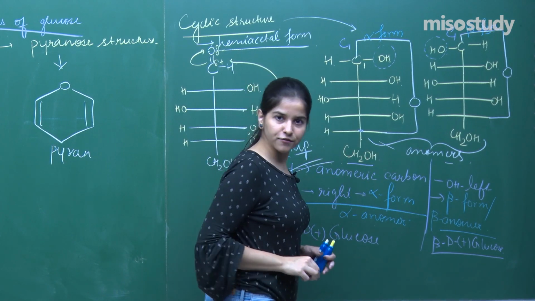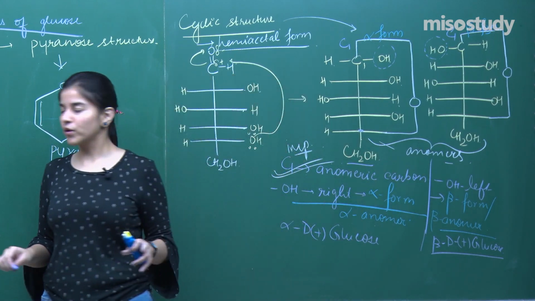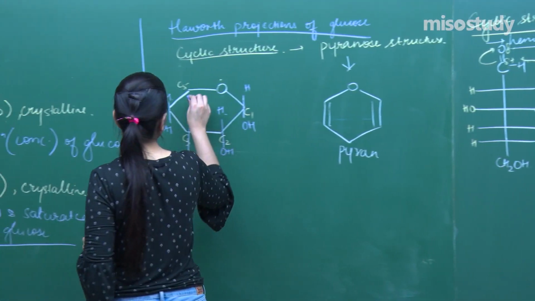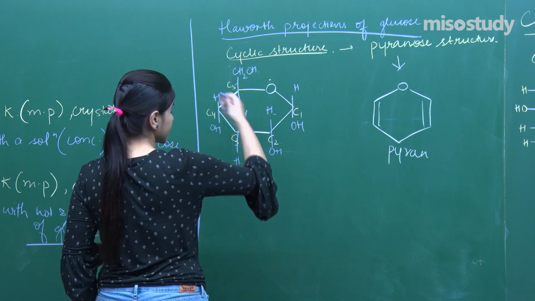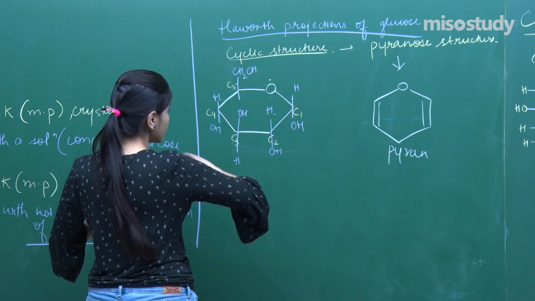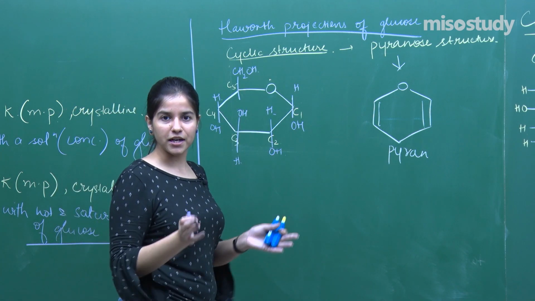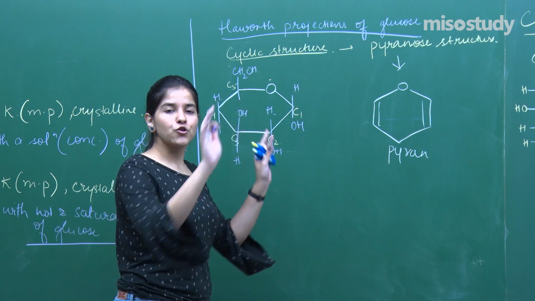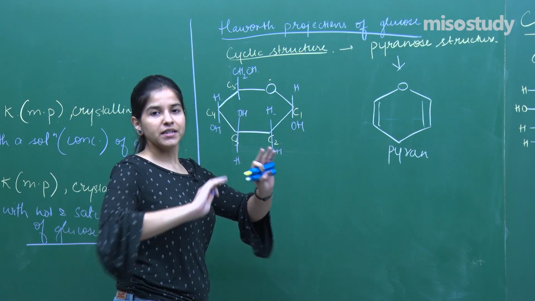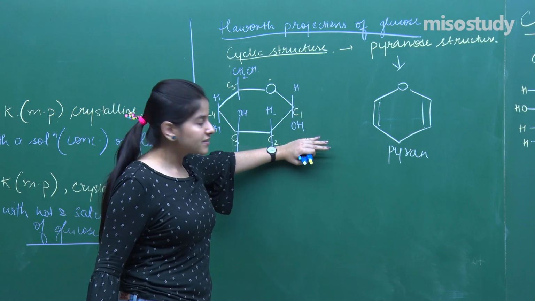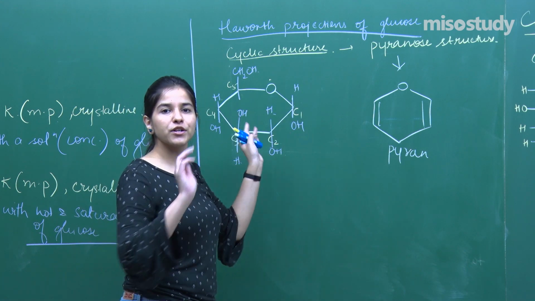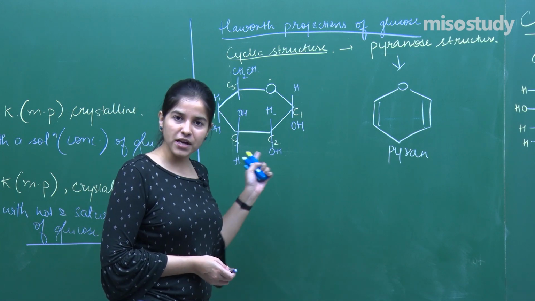And the next C over here, I'm left with this carbon and CH2OH basically. Fine. So how am I going to represent it? It is like this. CH2OH will be represented up because it is down in the structure. So it will be the other way around every time. If in the normal structure that I have represented, the anomeric carbon OH is to the right-hand side, I'll be depicting it as downwards. Fine. So that is how it goes whenever we use the Haworth projection.